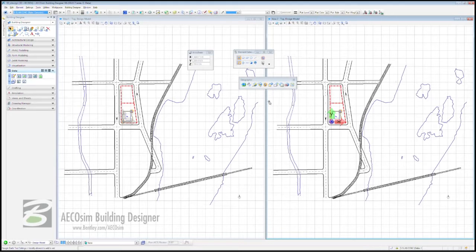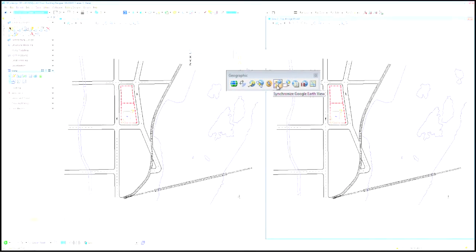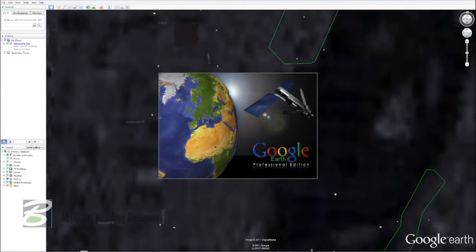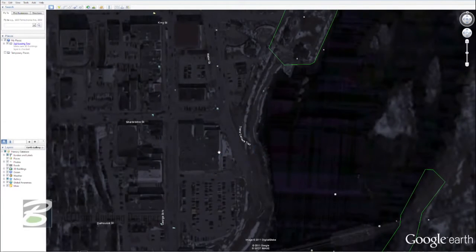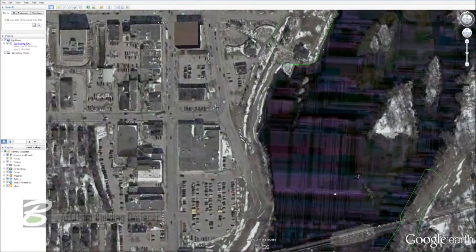Because now we have a georeferenced file, we need to place this, or we need to be able to look at this in situ in Google Earth. And to do that, we come back to our geographic toolbar, choose this icon in, 6 in from the left, 5 in from the right, synchronize with Google Earth View. Once you click on that, Google Earth opens and brings with it the wealth of data that you've come to